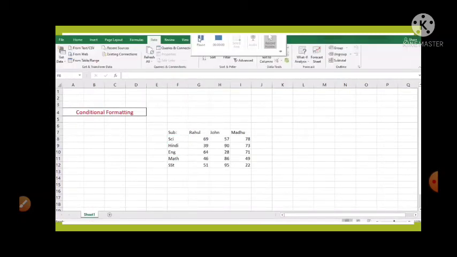Now we will be learning about conditional formatting. Conditional formatting actually enables us to apply cell formatting selectively and automatically. It is based on the contents of the cells.